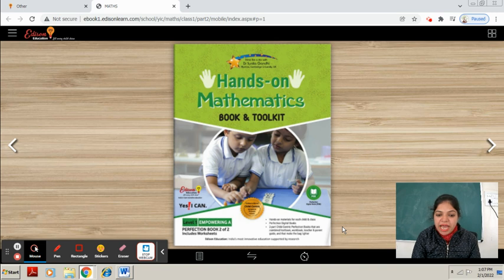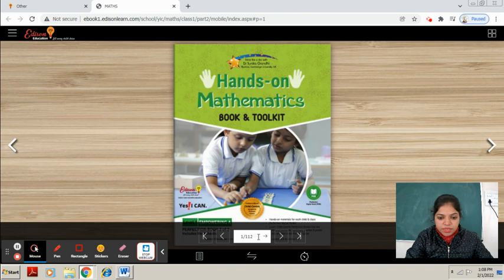Okay, 2D shapes have two dimensions, okay? They have length and breadth, and 3D shapes have three dimensions: length, breadth and height. Okay students, so in this class, we will do page number 75. So be ready with your book and the required material. Take out your book. Have you taken it out? Okay. So open page number 75.